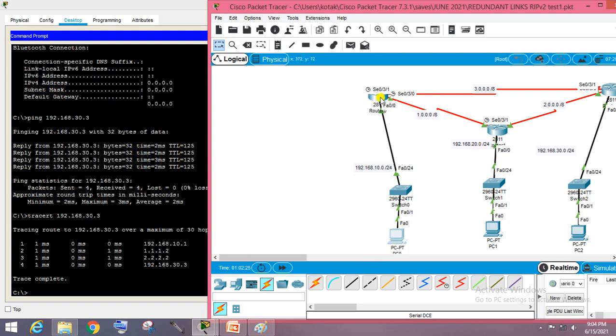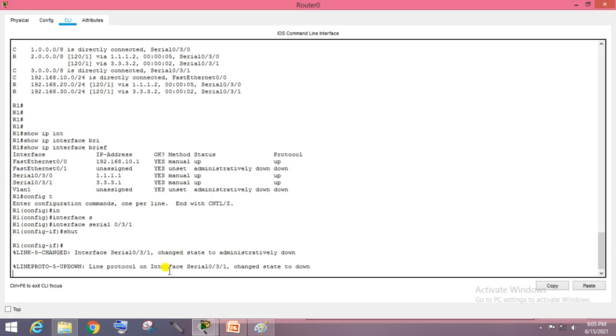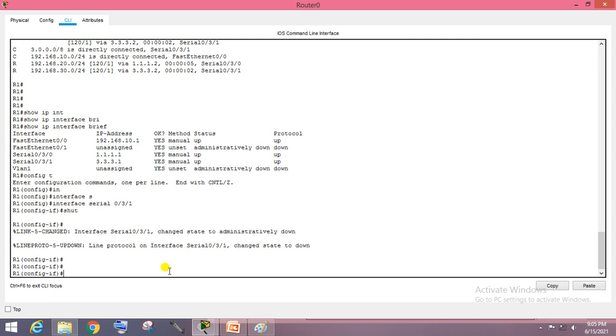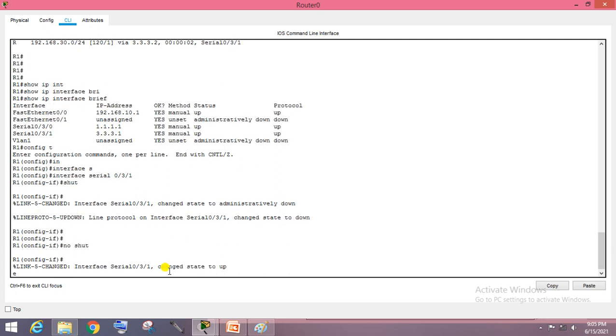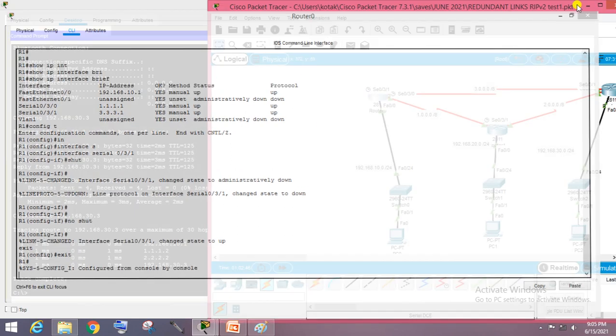Now we are going to no shut this particular interface again and check which route this PC now selects. Okay, go to the other interface, no shut. Now the interface comes up, green here.